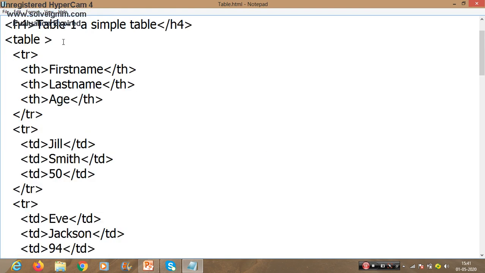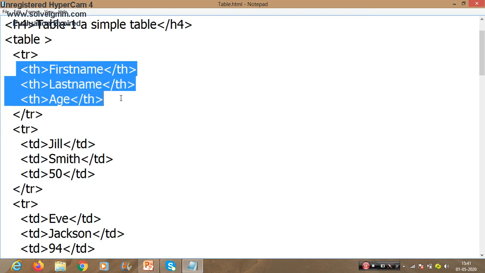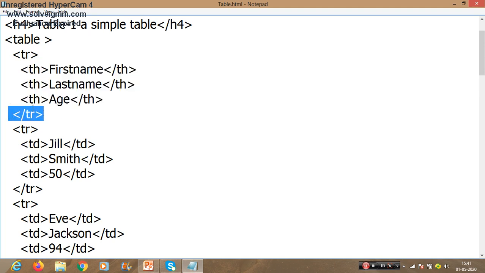Right? In the table tag, as we know, first of all we have rows. In rows, what do we need to write? We need to write the table headings: first name, last name, age. Then we have closed the table row. Again we have started another row. This is my second row having table data.